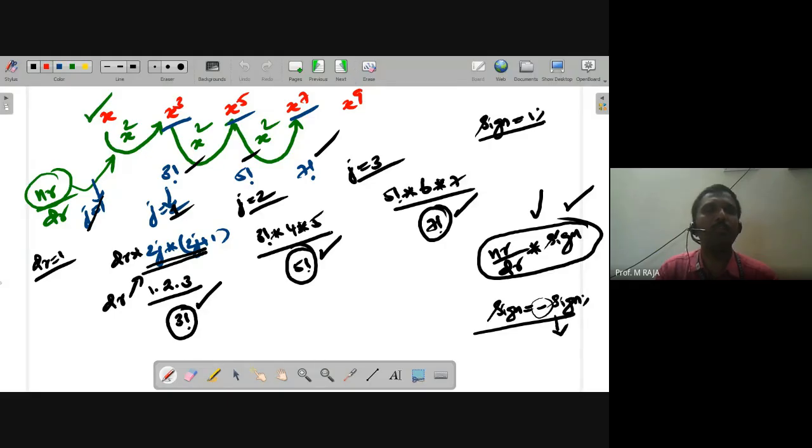The second term is x power 2n minus 1. Putting n is equal to 2: x power 2 into 2, 4 minus 1, x power 3 by (2n minus 1) factorial. So we have 3 factorial. Likewise, putting n is equal to 3, x power 2n minus 1 by (2n minus 1) factorial, we have the value x power 5 by 5 factorial. There you need to properly design the code to bring the denominator values as 1 factorial, 3 factorial, 5 factorial,